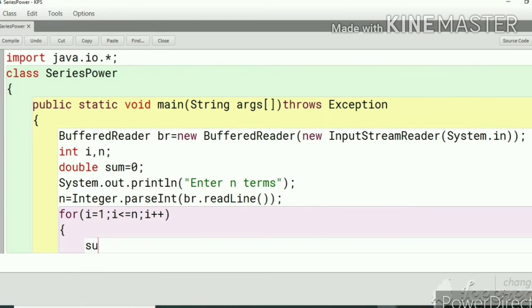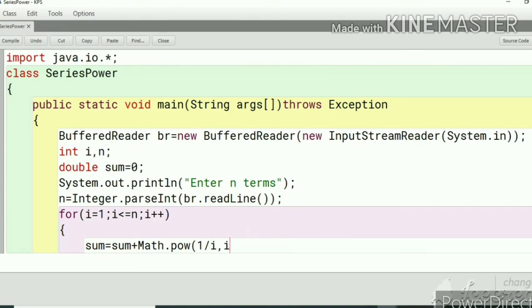Here we have to write sum equal to sum plus, according to the program, the sum of the series. So you have to use the Math dot power function. According to the question, the numerator should be fixed and the denominator should be i, comma, and the raised power is according to the loop 1, 2, 3, 4 till the end term.